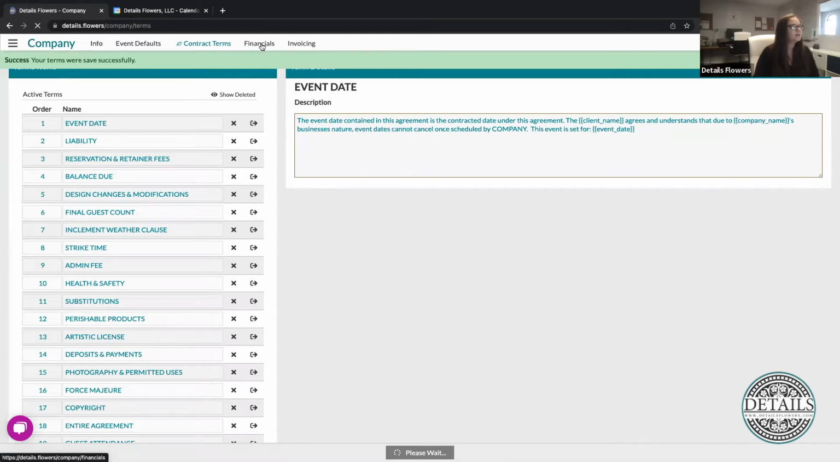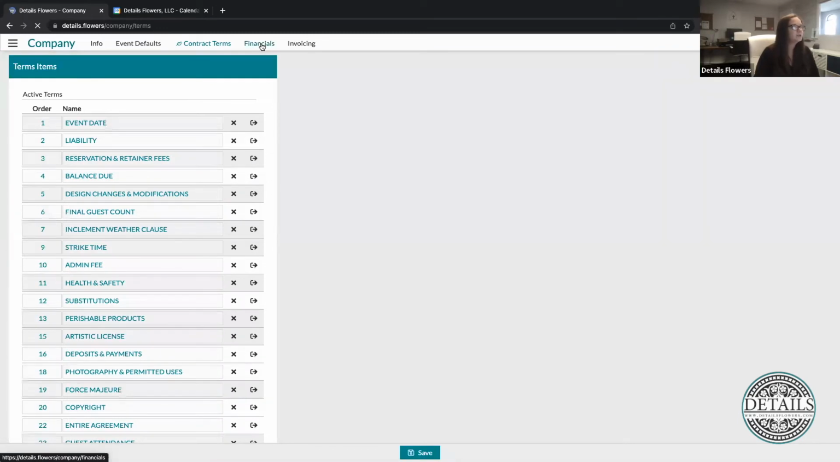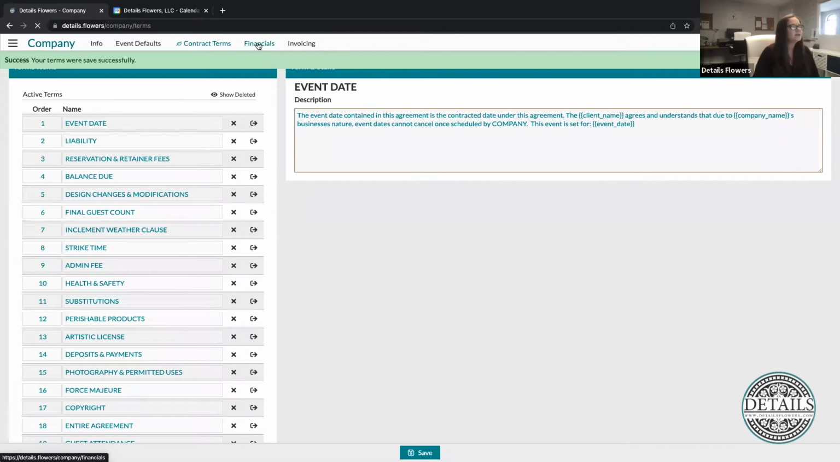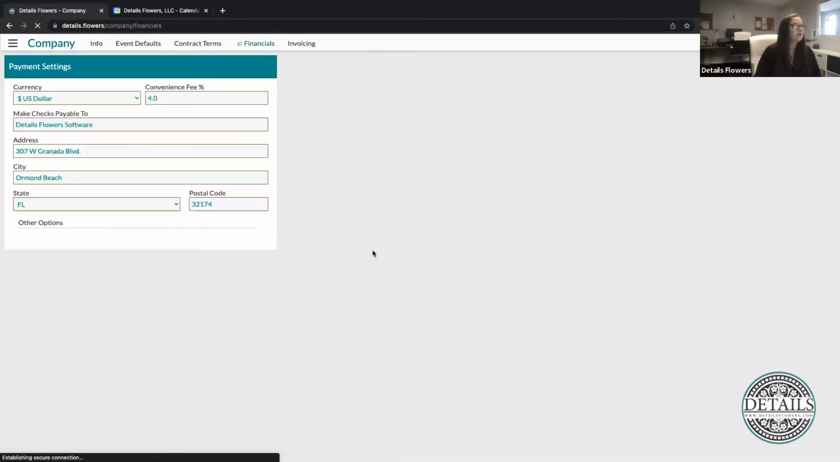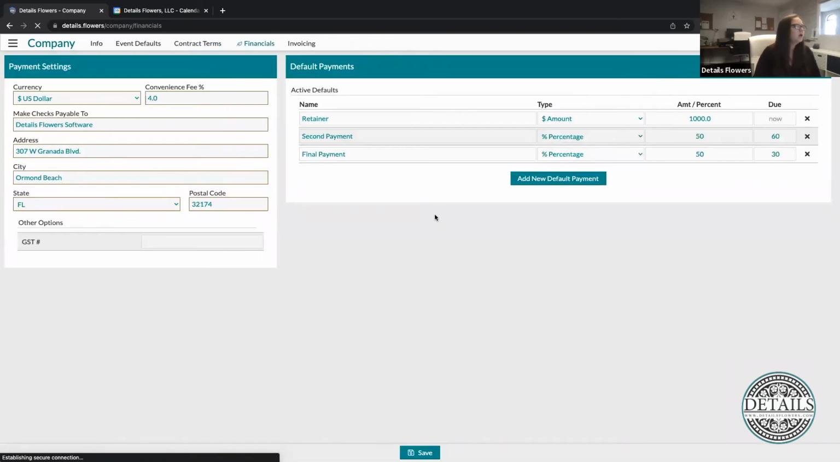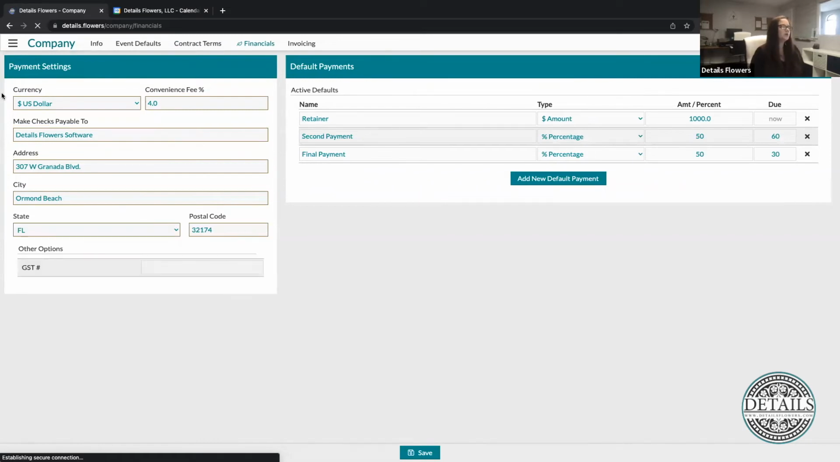Moving on to the next section, which is going to be our financials. This is where we're going to list out all of the information about how our clients can make their payments. So we're going to put our default payment schedule, as well as changing currency, and if you accept checks, your make checks payable to. So starting here in the payment settings area,